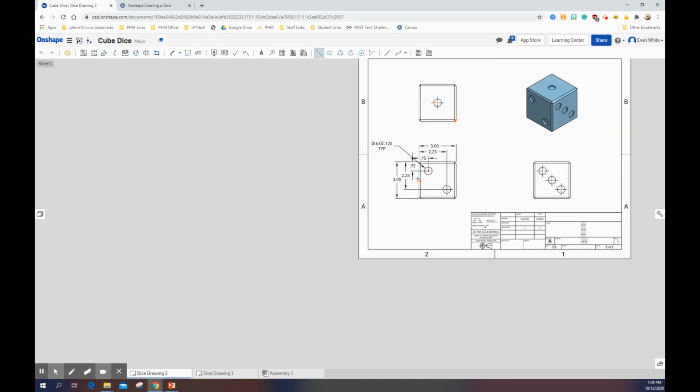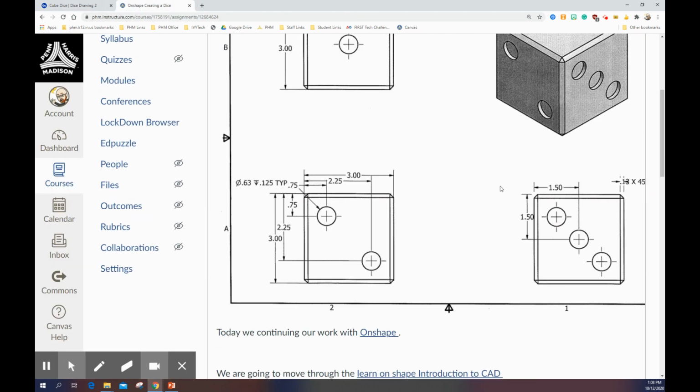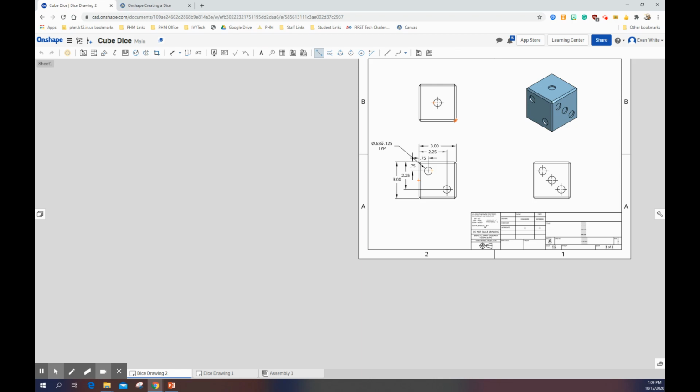So then I would continue on to add annotations the way that it is documented on here. So I need to add the 1.5 and I need to add the chamfer in there. But before I go do that, I'm going to go back